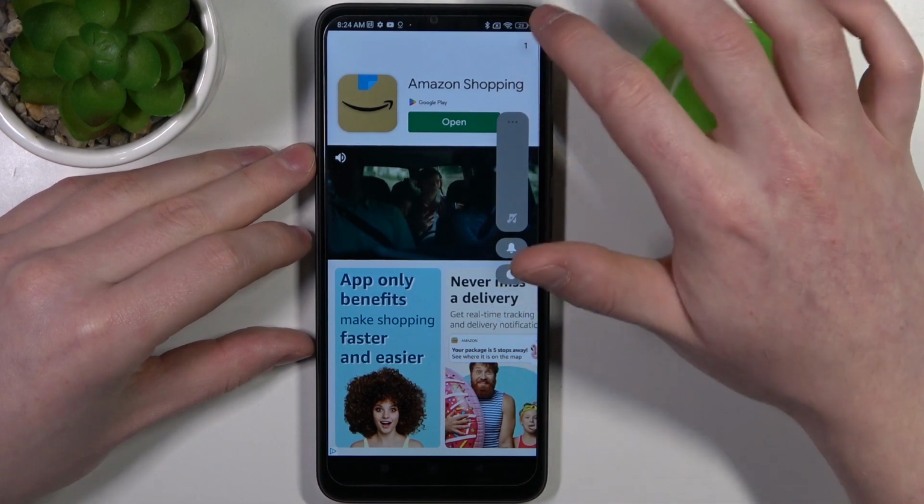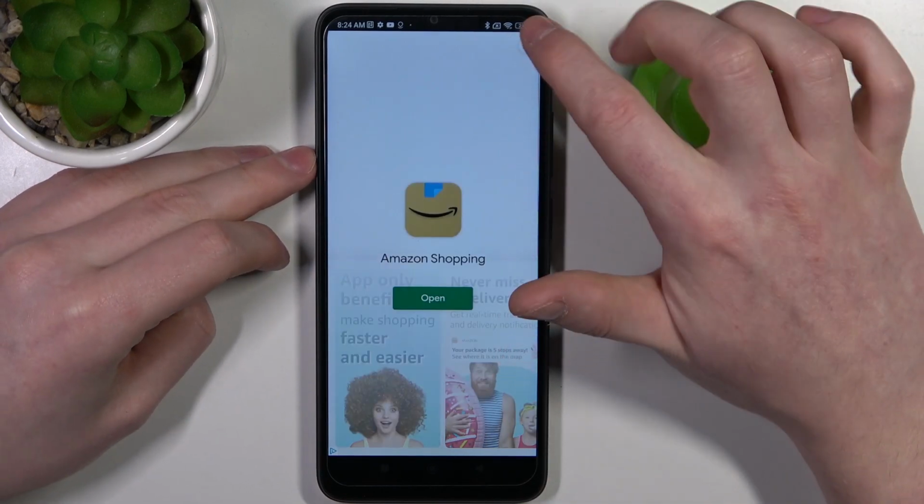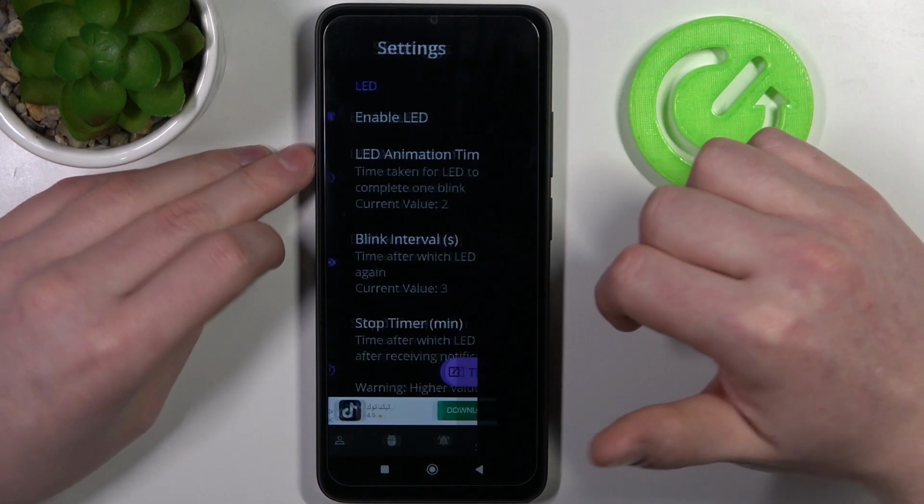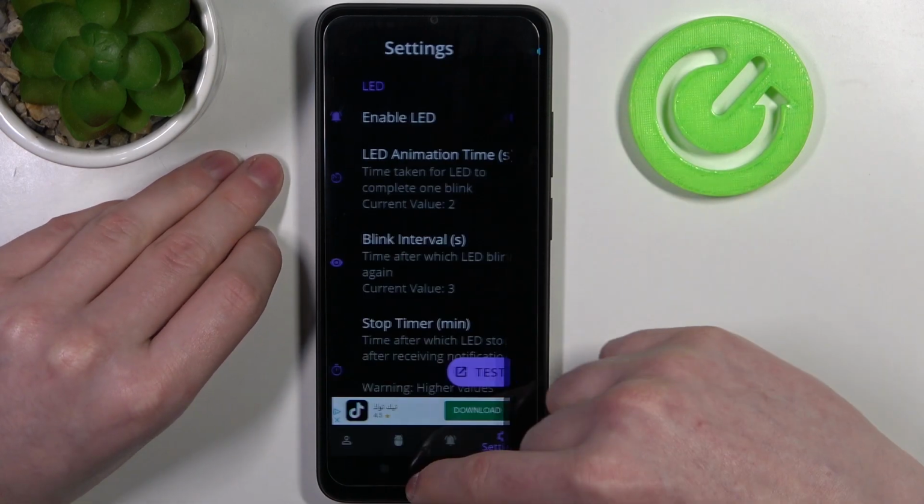There are also ads, as you can see, but we can skip them. And here let's click on the test button to see the LED lamp. And that's it for this